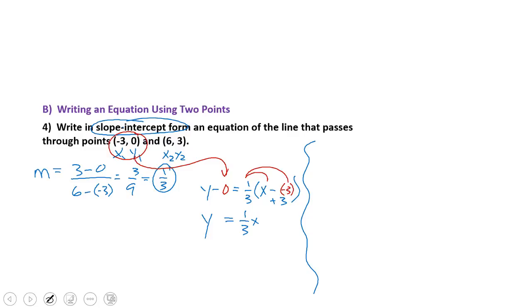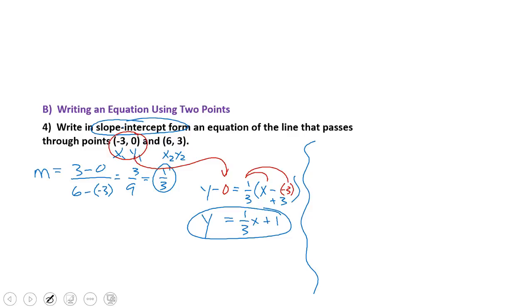So 1/3 times a positive 3 is 1. So now I have it. y equals 1/3 x plus 1. Wow. Well, the other form we can use would be the slope-intercept form to actually write the slope-intercept form using